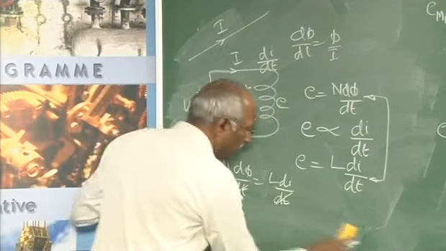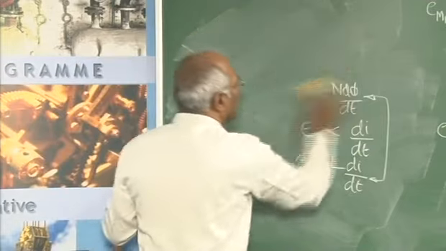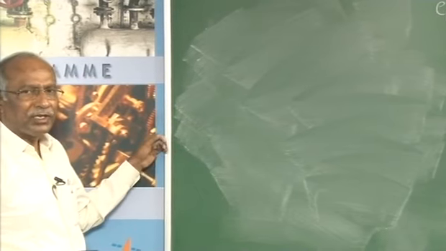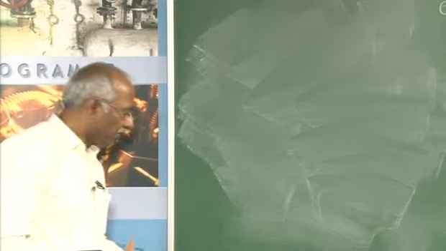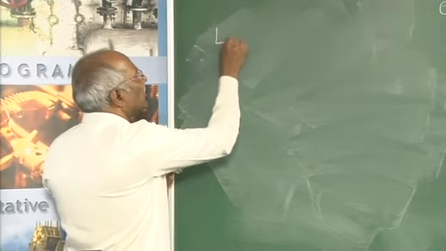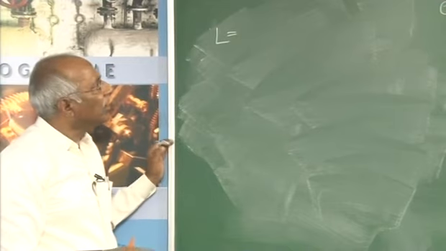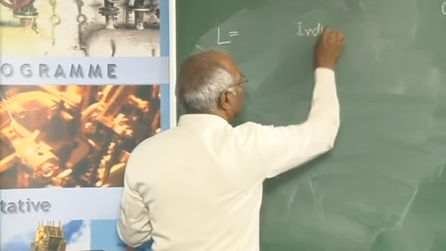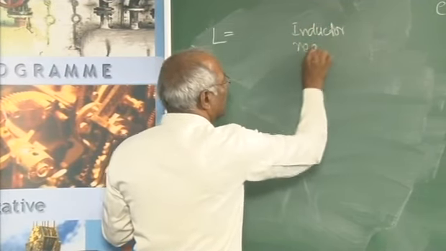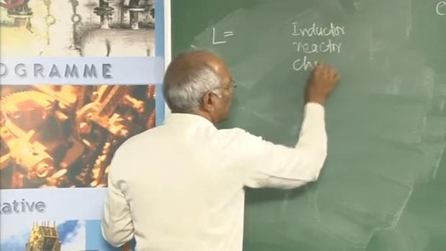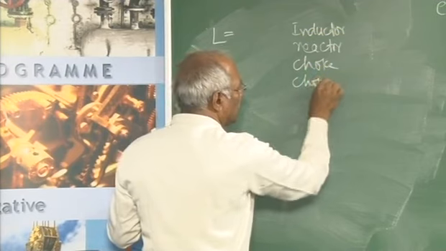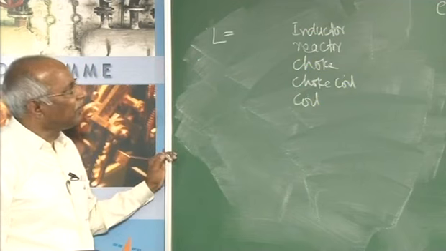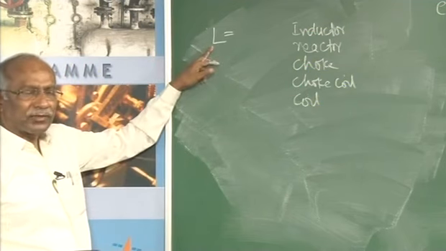With this in mind, the unit of inductance is Henry. As Henry is a considerably large quantity, many a times it is expressed in millihenry or microhenry as the case may be. What will be the expression for the inductance in terms of the parameters of the coil? Often the coil is called an inductor. It is also called a reactor, sometimes a choke coil, or just coil. All represent a coil which has a sufficient amount of inductance.